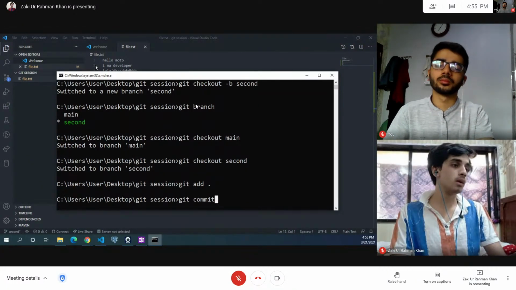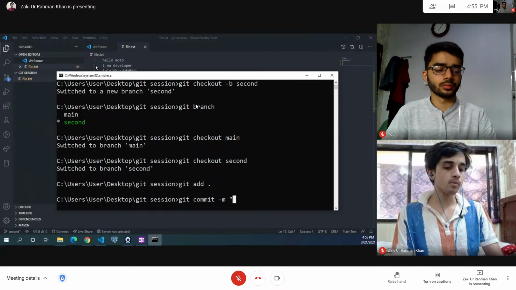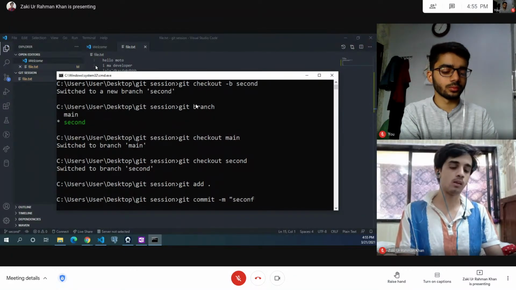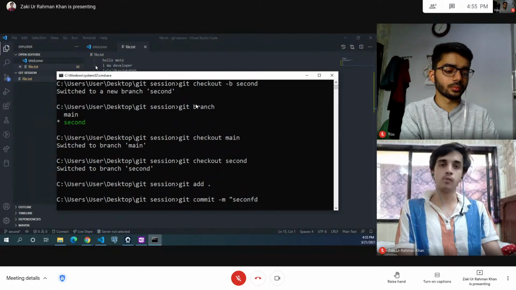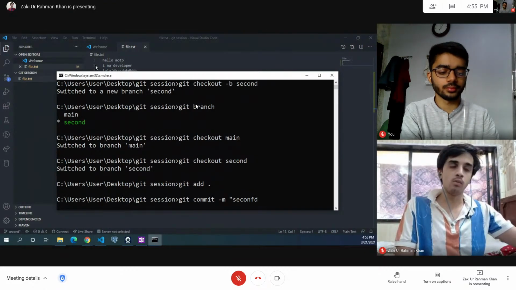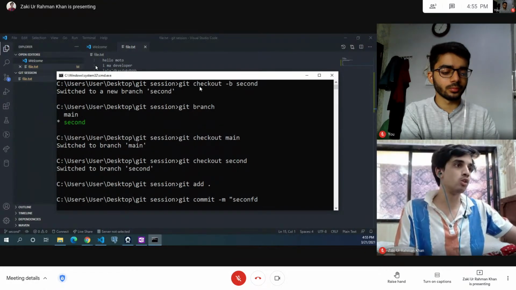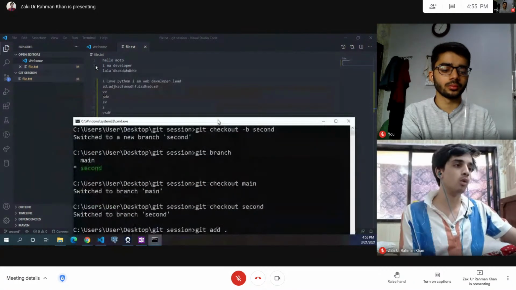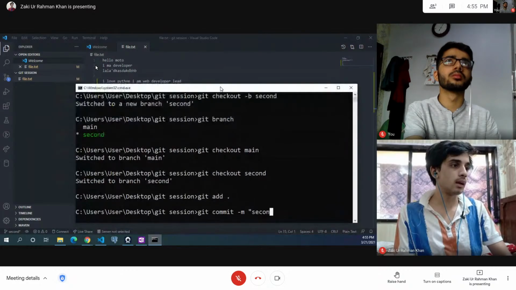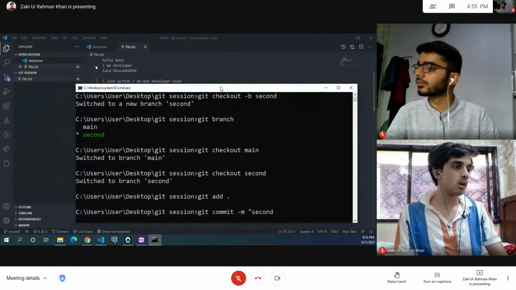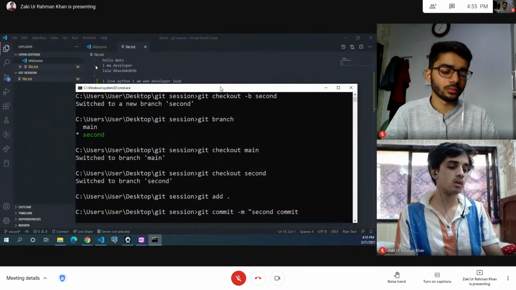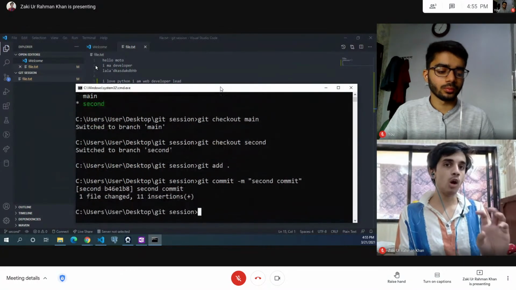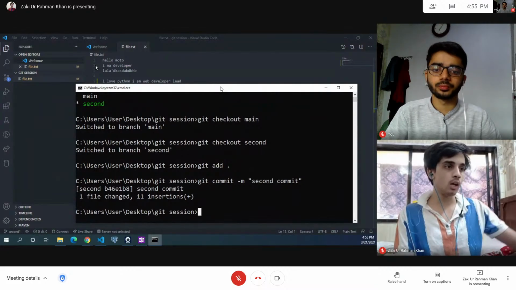And now I will just do a commit, okay. So git commit -m, and let's give it a commit message that this is my second commit. Yeah, this sounds more unprofessional, but our text file is also not any kind of professional text. It's my local repository, I can do whatever I want. So git commit -m "second commit", and yeah, enter. So अभी मैंने क्या किया,